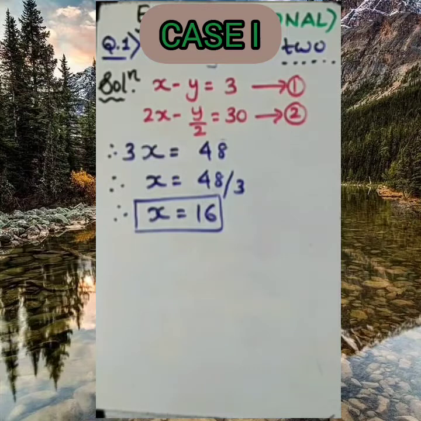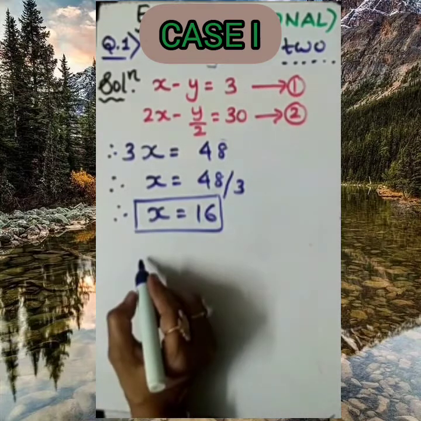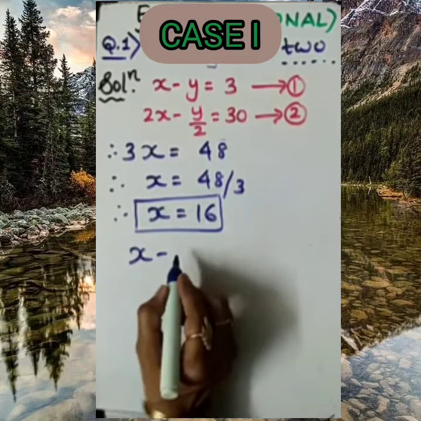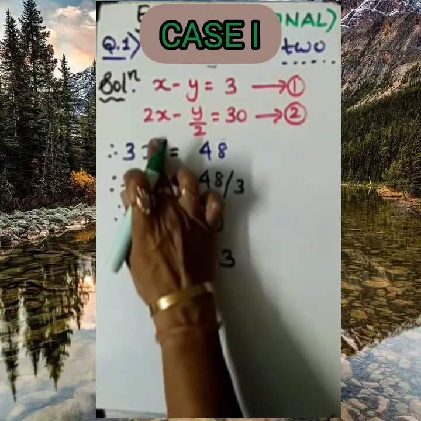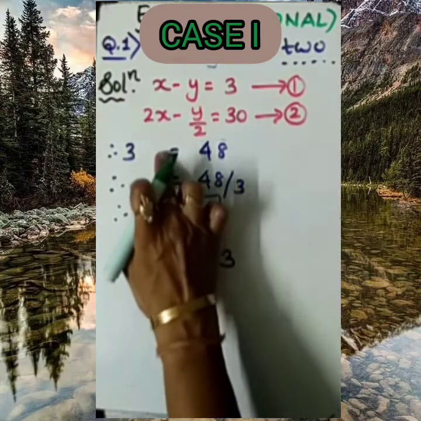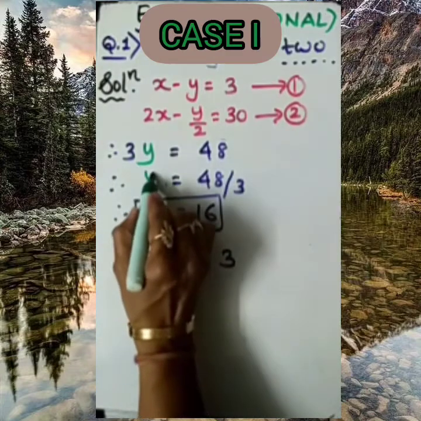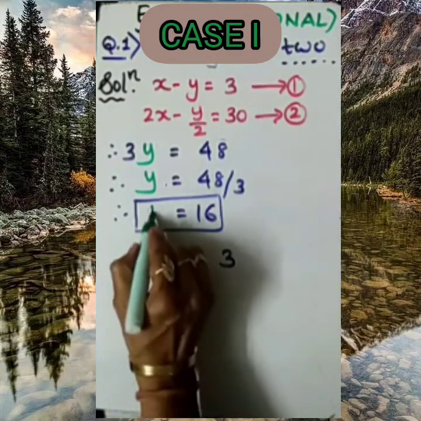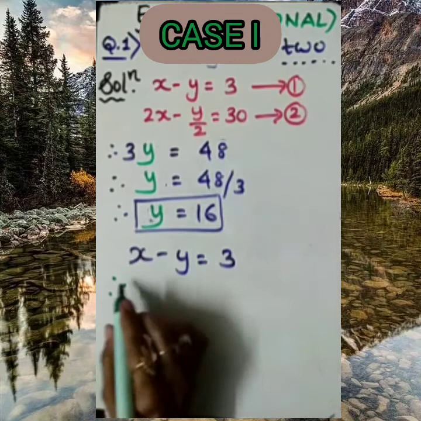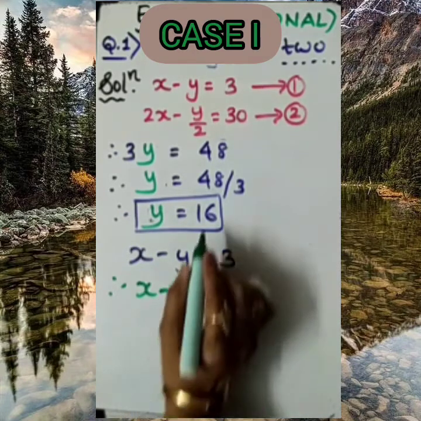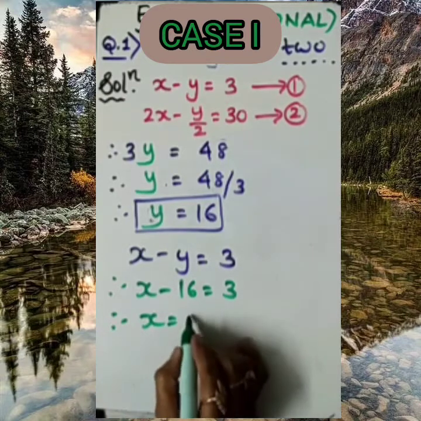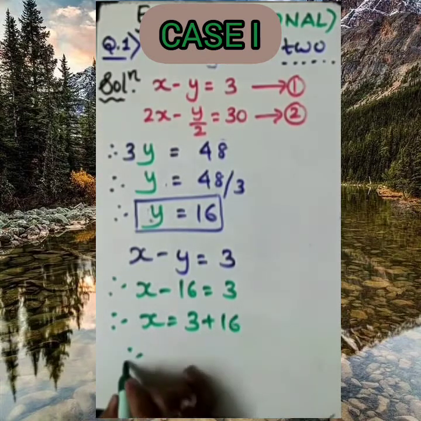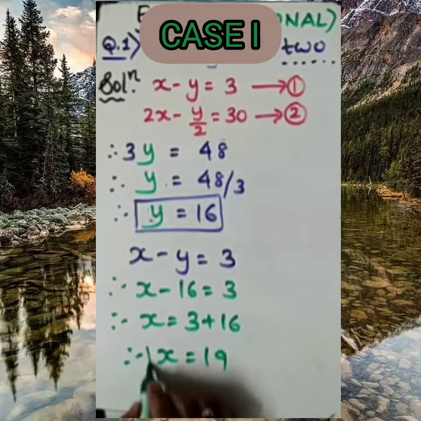Fine. But as we know that we have the value of x this way also, in that x minus y equal to 3 with us. Fine. In this we are going to put the value. Here it was not x, I think it was y. Here it was y. I am correcting. This is y. Y equal to 16. So in this equation, in place of y, I am writing 16. So x equal to 3 plus 16, that gives the result 19.